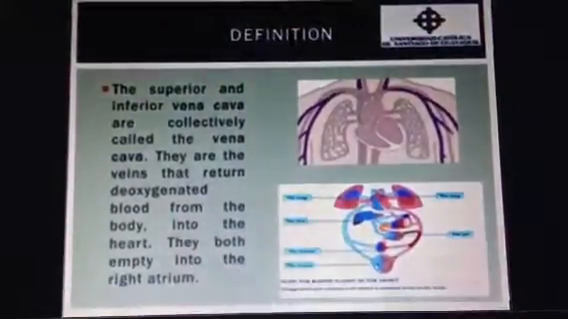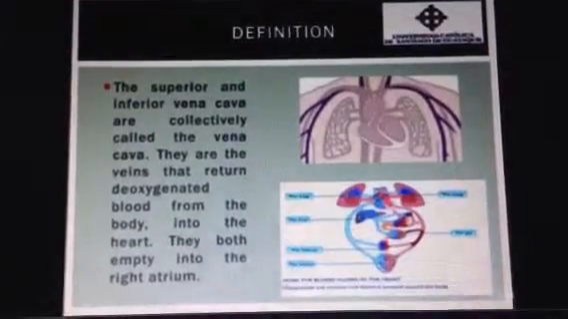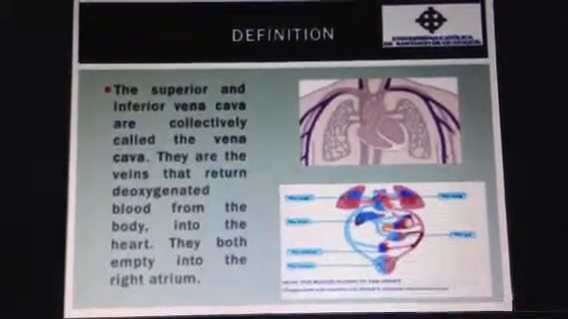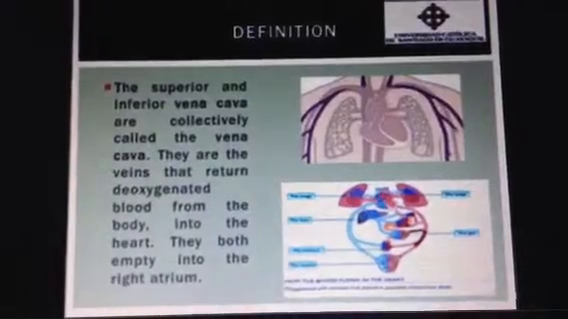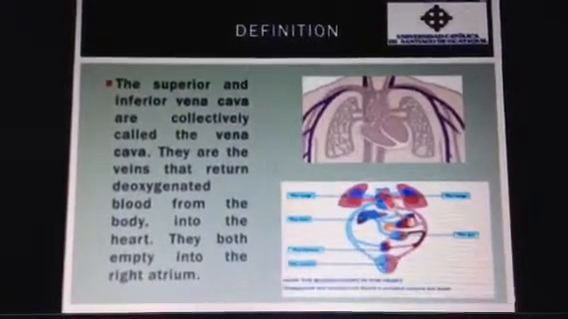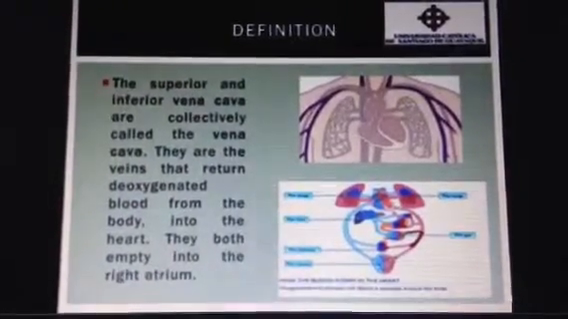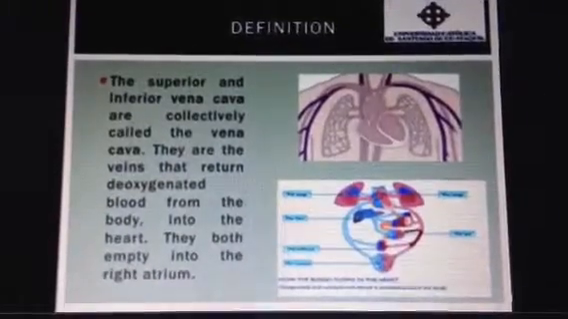The topic today is the vena cava. The superior and inferior vena cava are collectively called the vena cava. These are veins that return the deoxygenated blood from the body into the heart, the blood emptying into the right